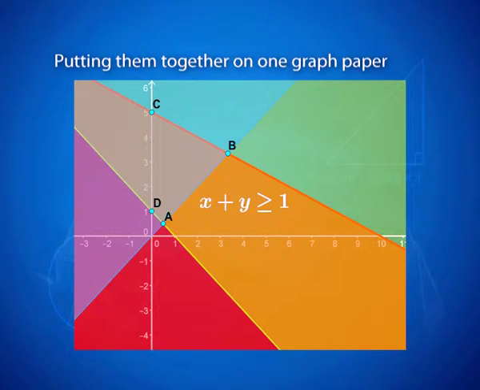Note again, we have confined our answer to A, B, C, D and we did not consider the region in the second quadrant because the last two inequalities given to us in our question were that x and y have to be positive. Therefore, the answer has to be confined to the first quadrant only.